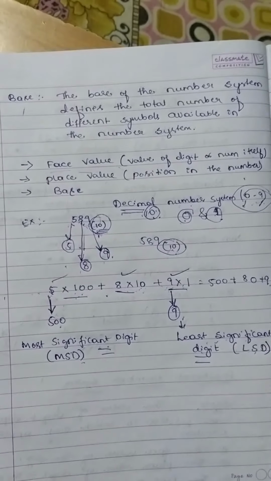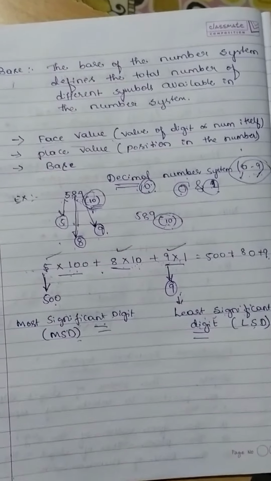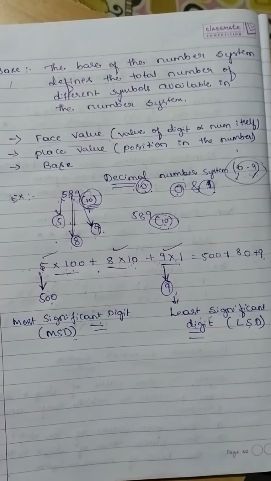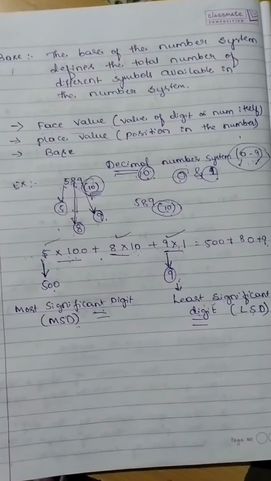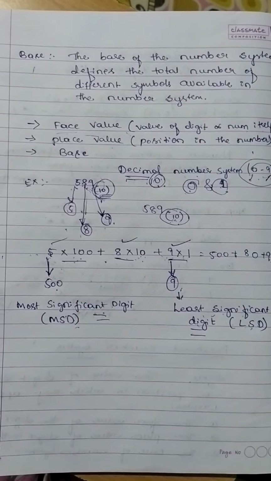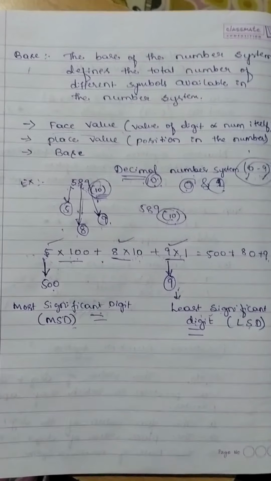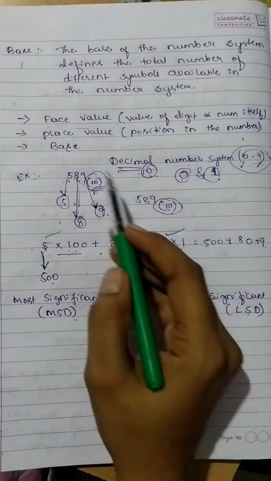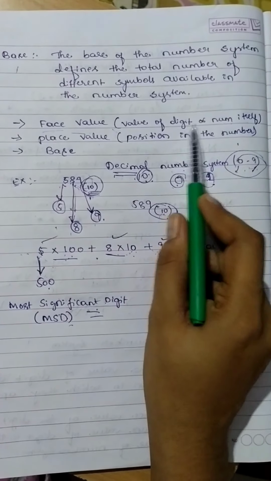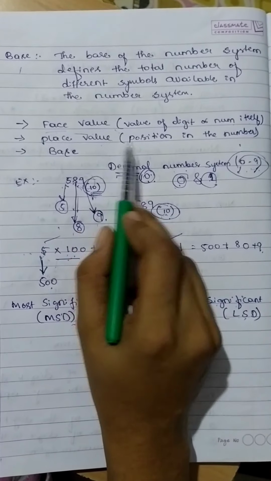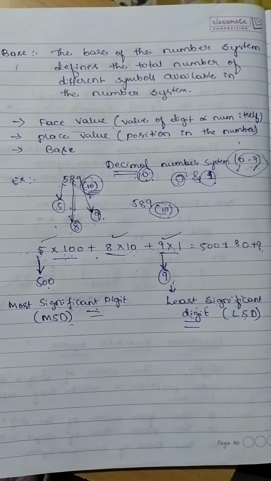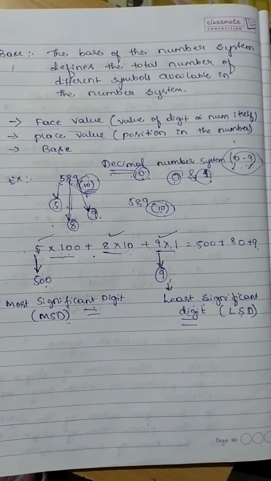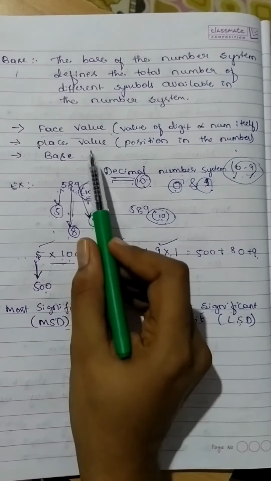Okay, so in a positional number system, it gives some position to the data values, that is represented by using what? Digits. In order to use those digits, we need to follow 3 basic main factors, that is face value, place value, and base. So face value represents the value of a digit or number itself, then place value represents the position in the number system, whether it is in tens position, 100 or 1000, or even in unit position. That represents the place value.